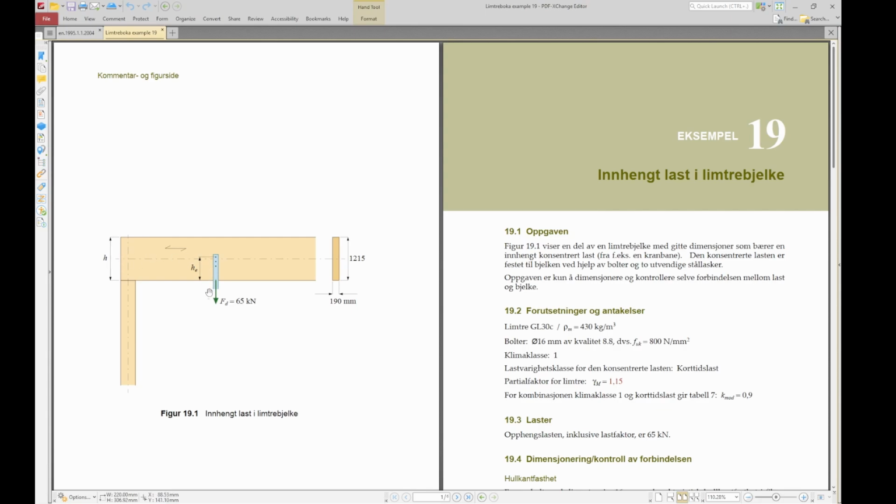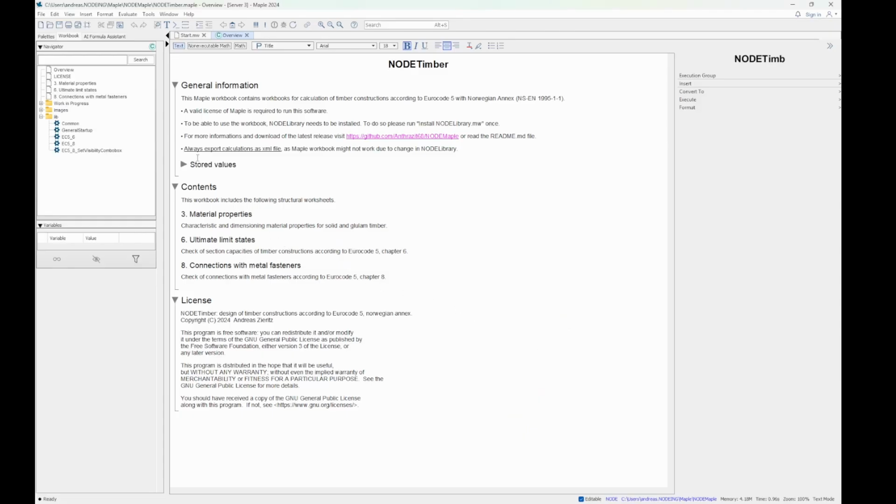There is a metal connection put onto the beam which has a force of 65 kilonewtons pointing downwards. There is a distance of the connection in regard to the lower part of the beam. The beam size is listed here, the beam quality here, and the bolts are defined to be of 16 mm diameter with a quality of 8.8. Climate class is 1. So with this information we can go back to Maple and note timber, opening the sheet